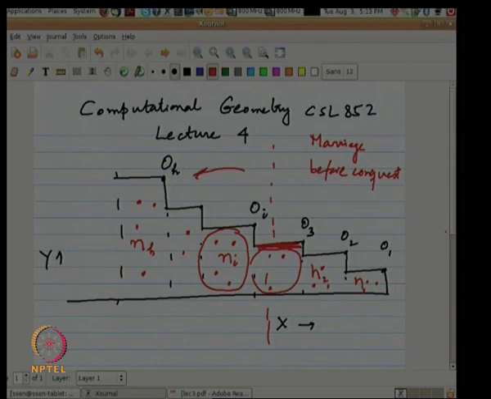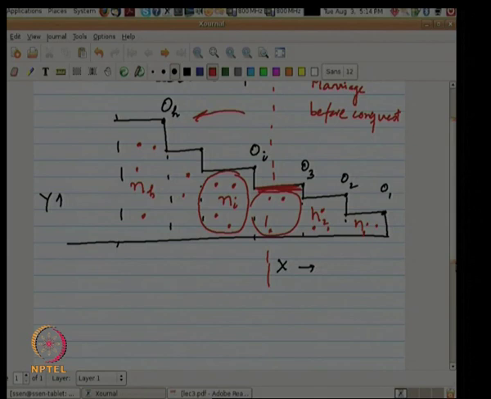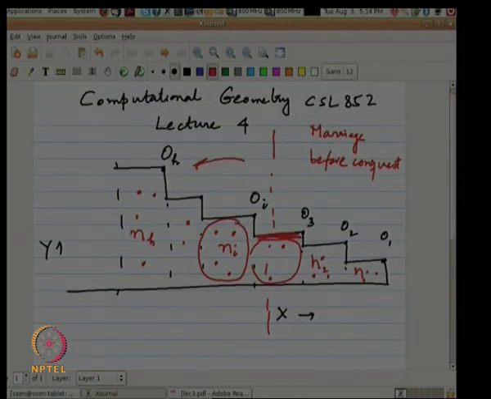Okay. And certainly these points, the moment I actually somehow manage to, so initially started with the median line. So, this is the median line. Then I am going to find the median of the two halves. Okay. So, next time maybe this will be the median line, this will be the median line. Okay. But the moment I have a median line going through this block of points, okay, these block of points